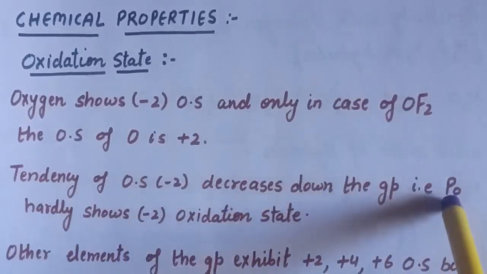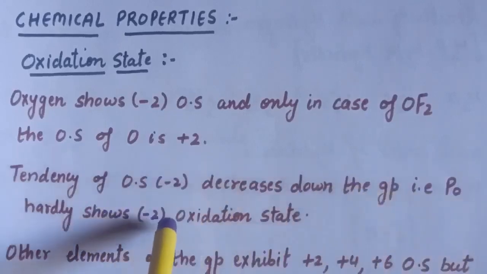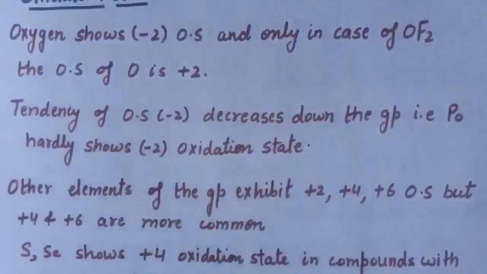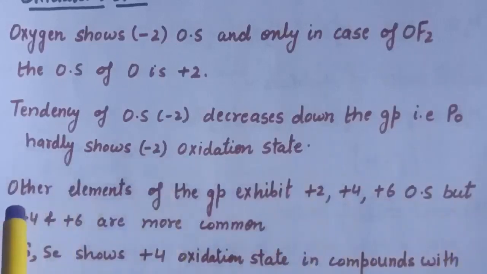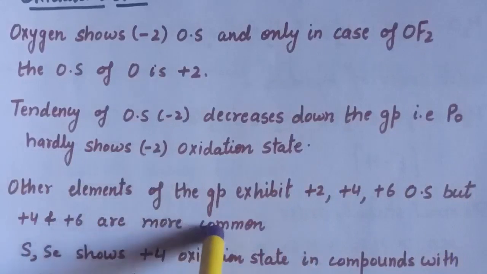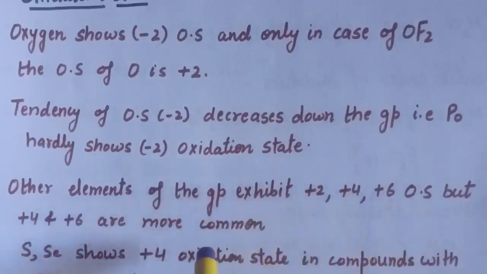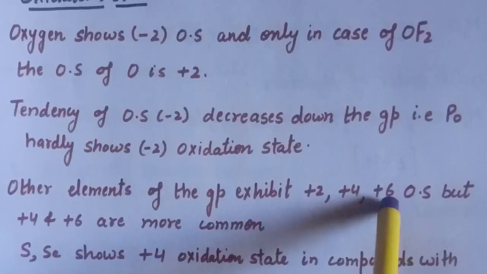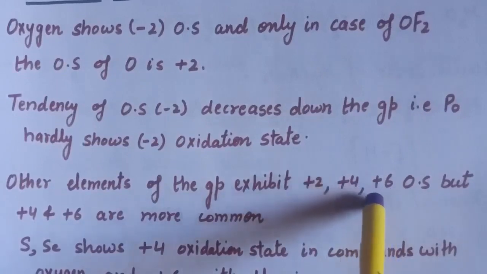So metal generally shows positive oxidation state, and that is why polonium hardly shows -2 oxidation state, or you can say -2 is not shown by polonium. Next, other elements of this group exhibit +2, +4, +6 oxidation state, but +4 and +6 are common for heavier elements, that is for sulfur, selenium, tellurium. Out of +4 and +6, +4 oxidation state is more stable for selenium and